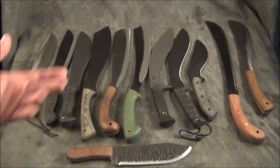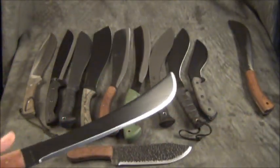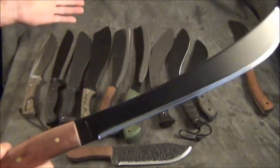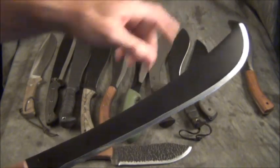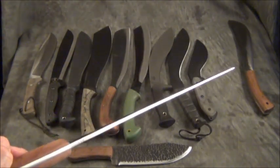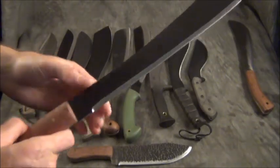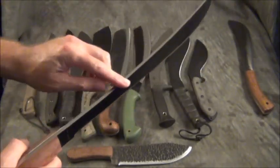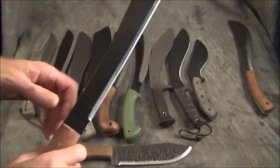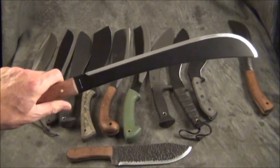Now the next one is considered a golok. What's the difference between a golok and the other designs? Very simple. It has a sweeping belly. See this large sweeping belly? This is a golok machete, as Condor calls it. Again, very thin at the ricasso, has a long sweeping belly, and as you can see, it's a very long blade. This blade is typically used for vegetation,